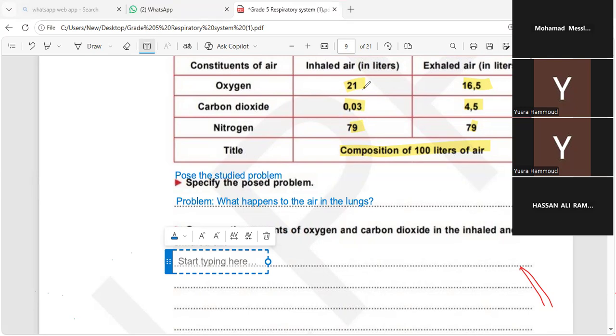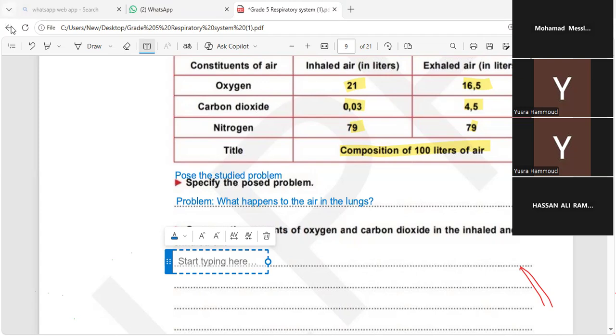While. Here we have numbers. What should we say? Greater than, because there are amounts. Greater than the exhaled air, 16.5 liters. While, or against, now they need also the carbon dioxide. While the amount of carbon dioxide in inhaled air is 0.03 liters, smaller than